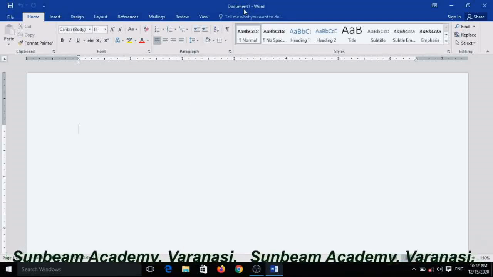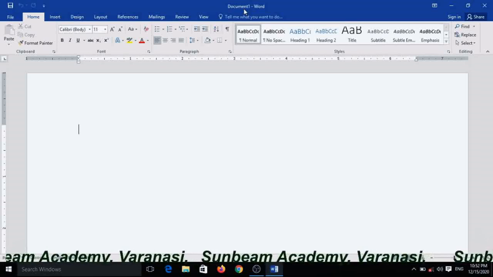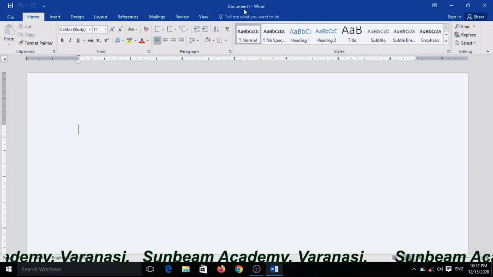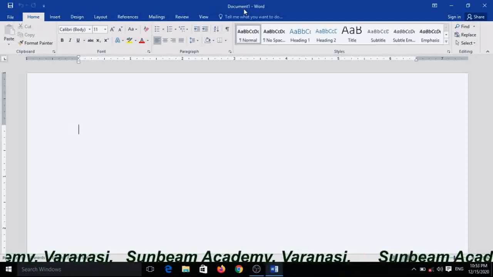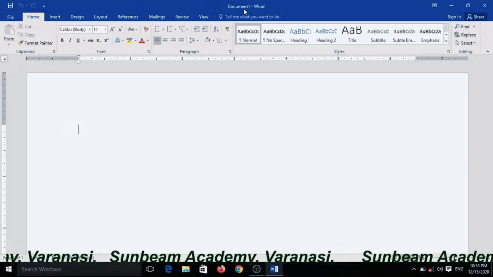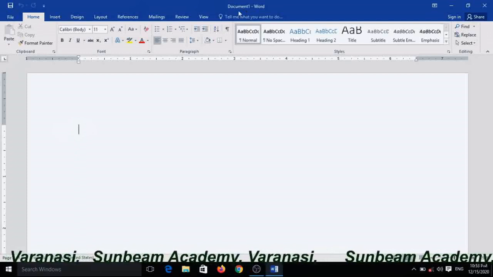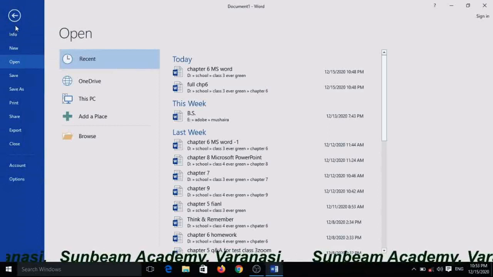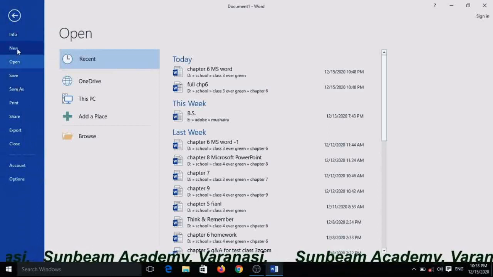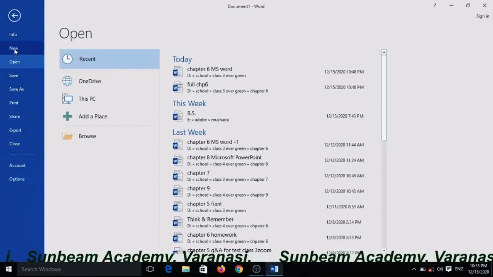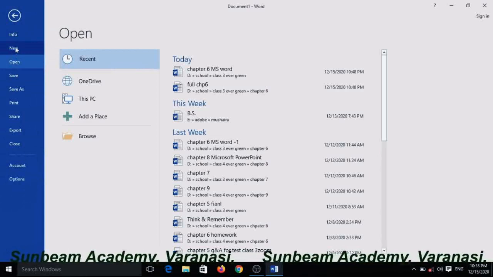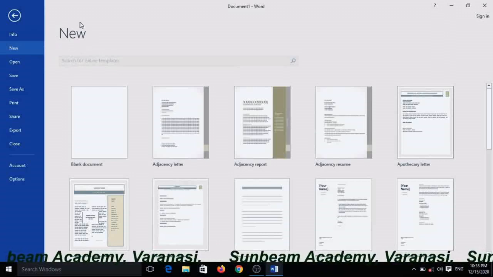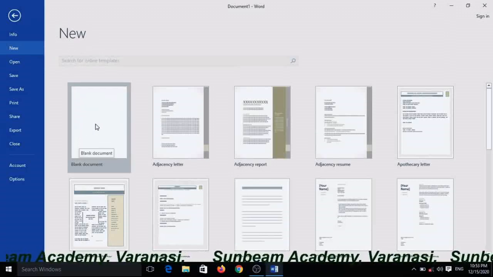Now if you want to start another new document while you are working on another document, or you closed the already open document and want to start a new one, click on the file tab. Then the option given here is New, click on New. Then choose the blank document.